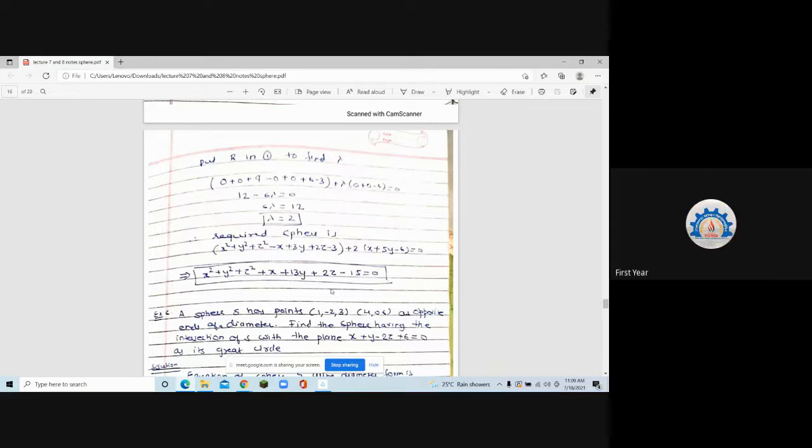उसके बाद हमें lambda find करना. We have to find that lambda. For that I'm going to make use of the intersection is a great circle. So there you'll use that radius of that circle. But I don't know the circle, so I don't know what is the radius. So what you're going to use, center of the required sphere will be lying on the plane. है कि नहीं? Yes, ma'am. So that will be in terms of lambda, which will give me the value of lambda.